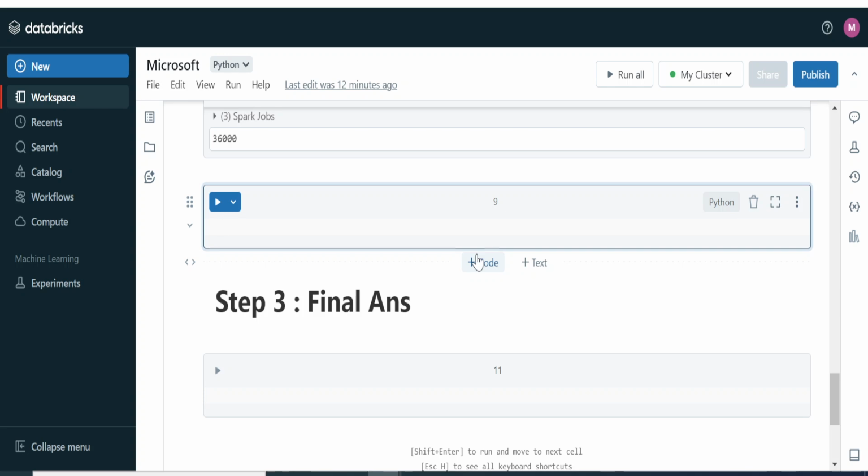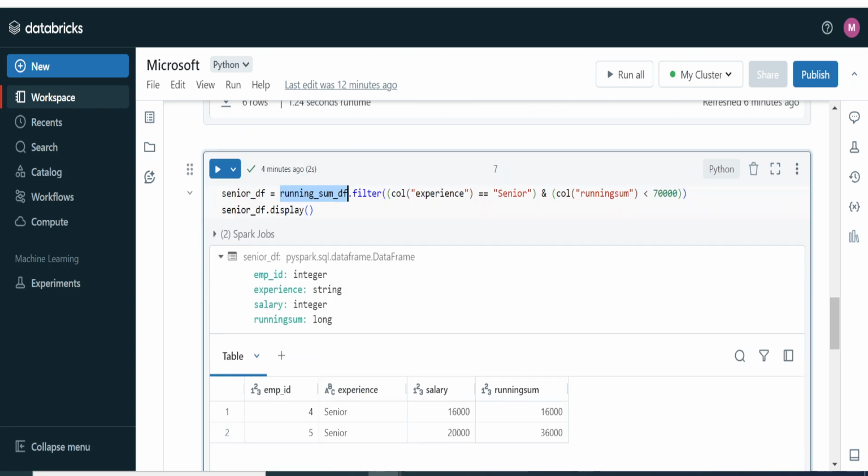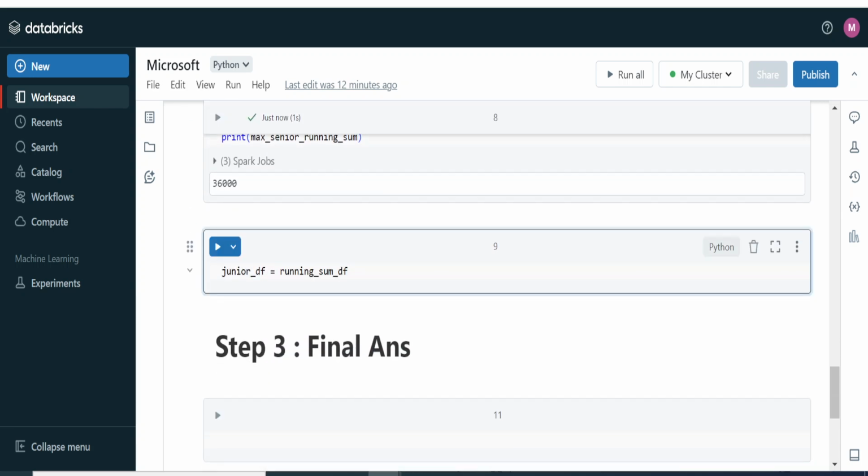Now let's move on to the junior data set. Junior df will be equal to, now we are going to use the same running sum df. Running sum df dot filter. Now we will write the column will be experience, and that should be equal to junior. Okay, and the other condition would be,